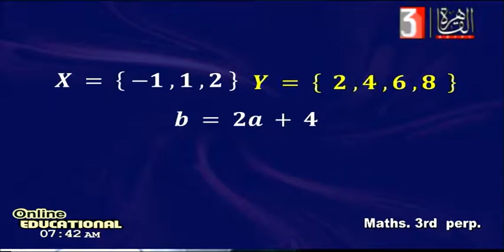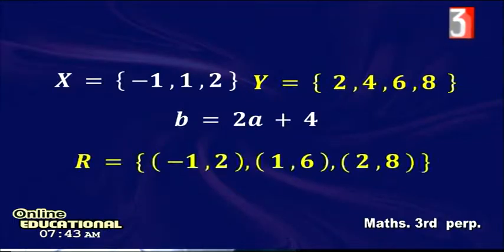By substituting for a equals 1, another value, so 2 times 1 equals 2 plus 4 equals 6. And finally, by substituting for the value of a equals 2, so it is 2 times 2, 4 plus 4 equals 8. In this case, we can say that the relation will be (-1, 2), (1, 6), and